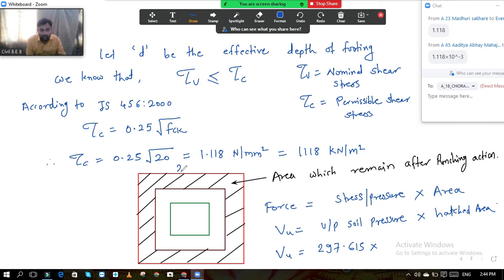Now you tell me, this total area: this is 2.75 meter, this is 2.75 meter. Inside, this column is 0.5 meter, and this dimension is also 0.5 meter. The critical section, this distance I have already told you, this one and this one on that side also. How much is it? It is d by 2. Upward it is d by 2, downward it is also d by 2. Similarly here it is d by 2, on this side also d by 2. So how much is this length?